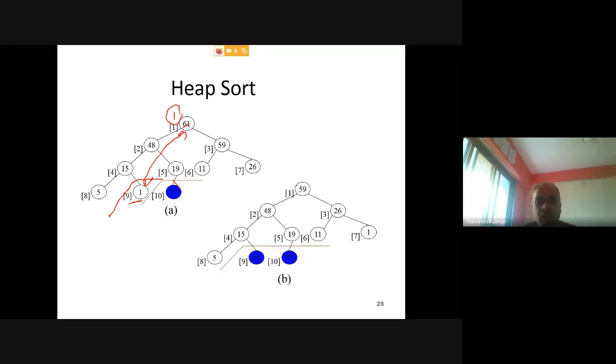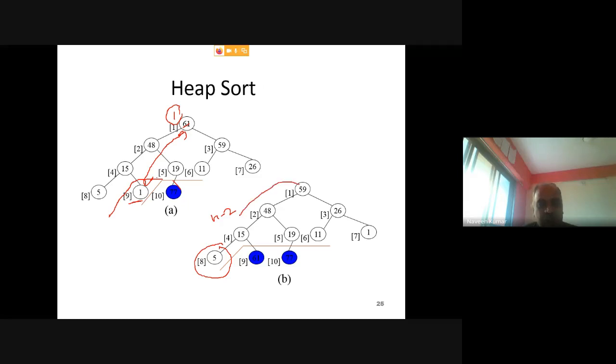So finally, after the second iteration, you will get a max heap with n minus 2 number of elements, and 2 elements are sorted. In the next iteration, this element will get sorted, so this will now contain 55, 59. So in each iteration, you need to do a swap. How?